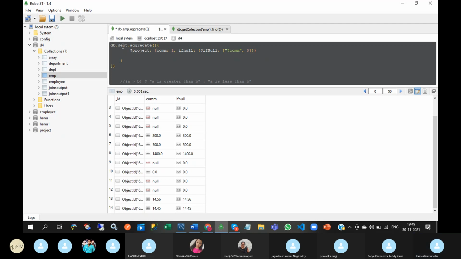And projection, DEPT number. Switch is a keyword, so that's why it is not allowing.